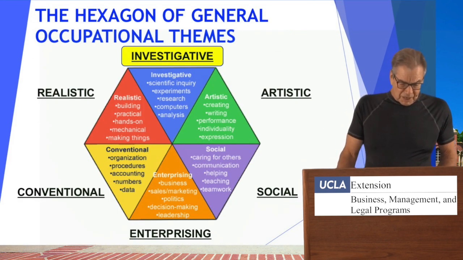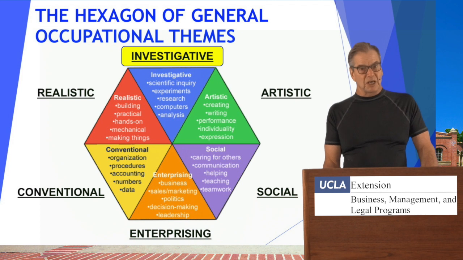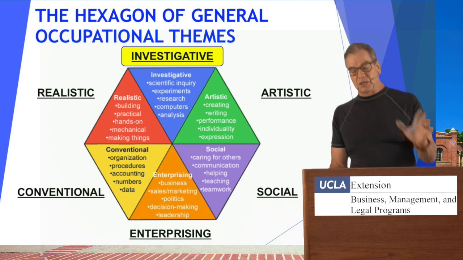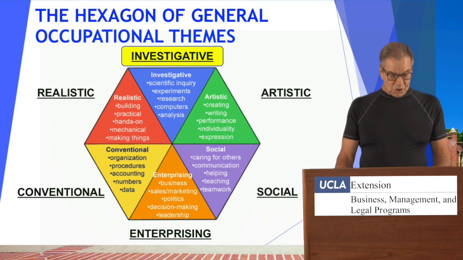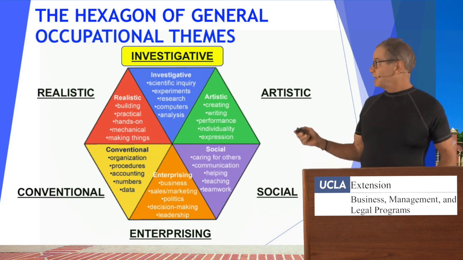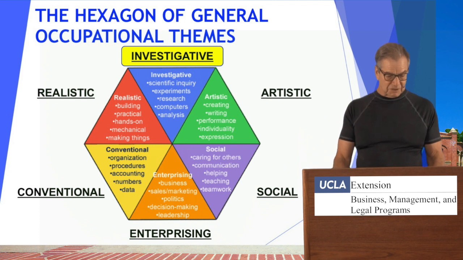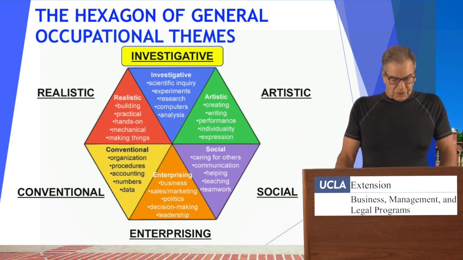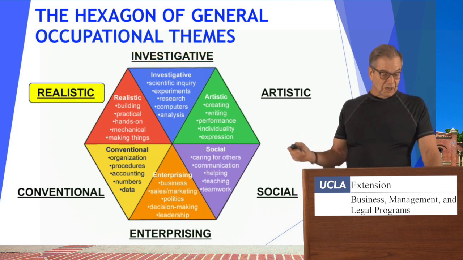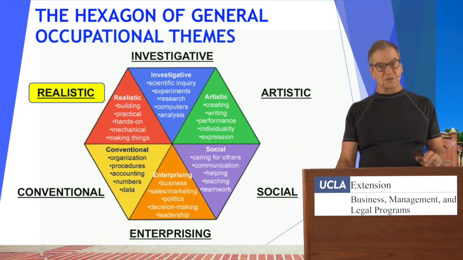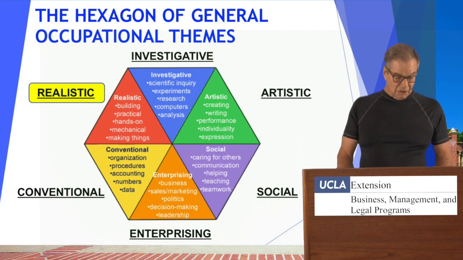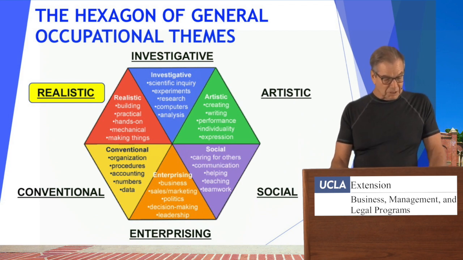Let's take a look at the hexagon of the general occupational themes. General occupational themes is another way of saying the Strong Interest Inventory. So the first is investigative, and investigative is skills that deal with research, computers, analysis, scientific inquiry, and things of that sort. People who have a strong preference and interest in being realistic, these are the hands-on type things, the problem solving, building, being practical,